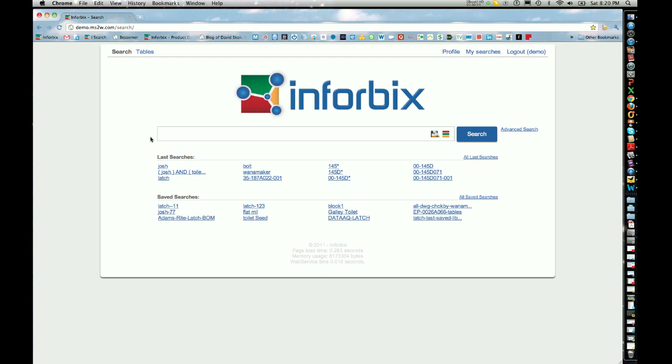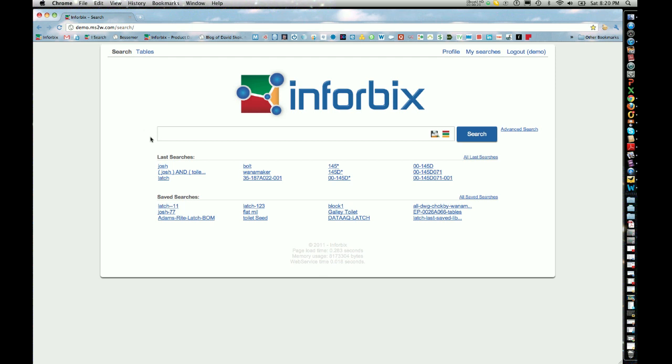Virtual document control using Inforbix xTables. Imagine you need daily updates on the progress of a specific engineering project. The project involves several people in different roles and documents located in different departments. Here's how you can create a virtual document report that is always up to date each time you run it